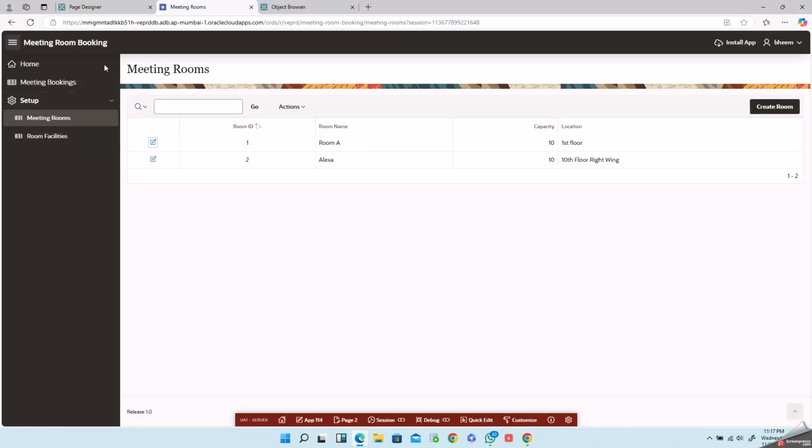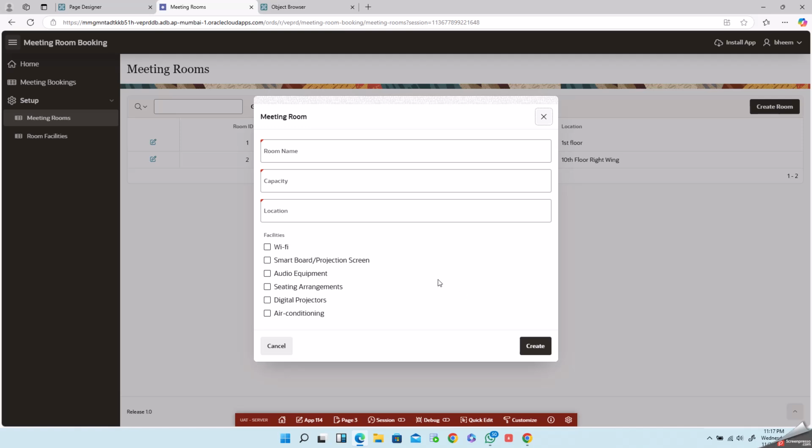So this is the application already completed. Here we can see that during creating a room, the page will appear like this. Till here we already have our form ready, with room name, capacity, and location. Now we need to bring a form item for displaying all the facilities. These facilities are displayed from room facilities in the setup, and they are dynamic. So if I add new facilities, automatically they will display here,